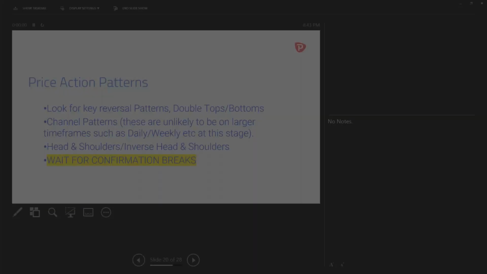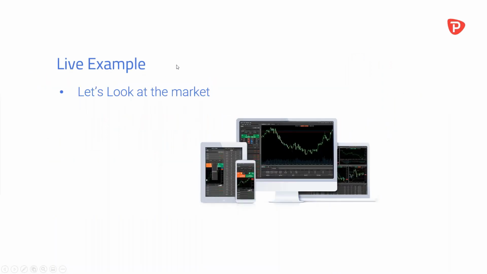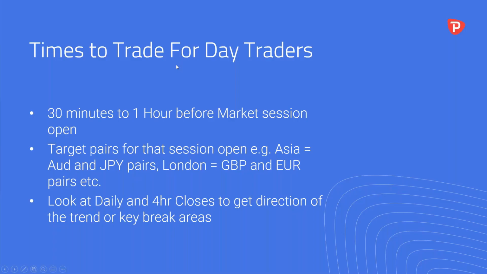What we want to be doing is always making as many decisions as we can using the price action and the psychology. Now, when it comes to times to trade for day traders, intraday traders, if you're looking at momentum, potential break levels, getting into that excitement, we usually want to be coming in around 30 minutes to 1 hour before a market session open. Why do we want to come in earlier? Well, often breaks come just into the session, and we also want enough time to analyze those 15-minute charts, 1-hour charts, 30-minute charts, all of those types of good stuff for our intraday sessions.